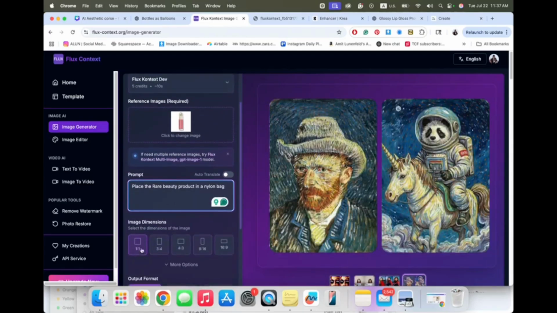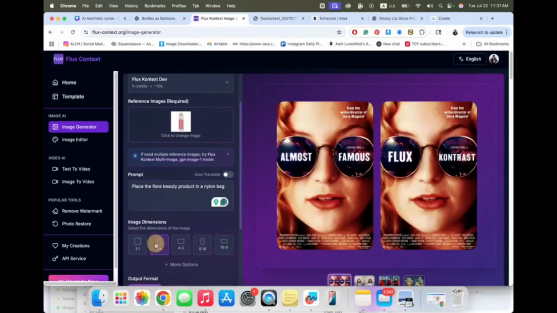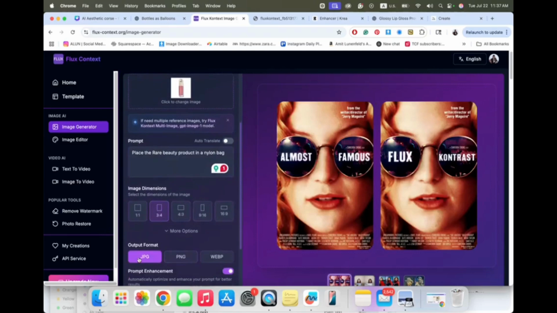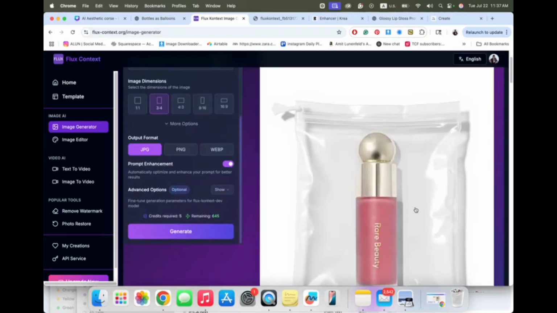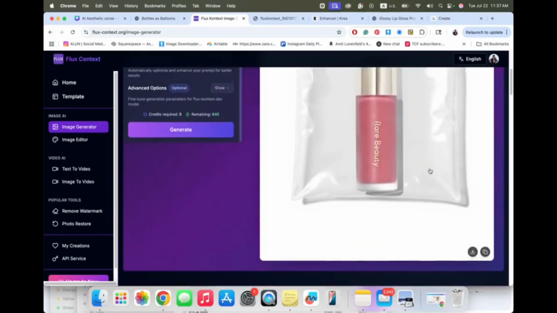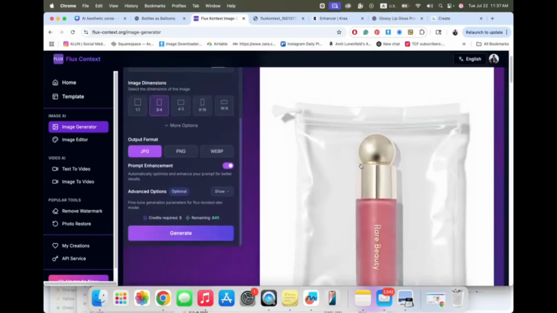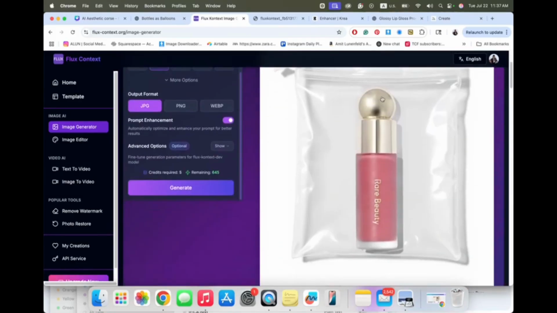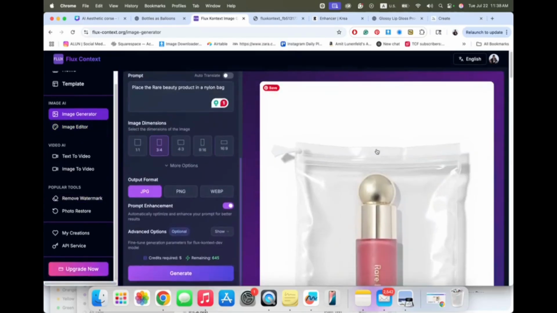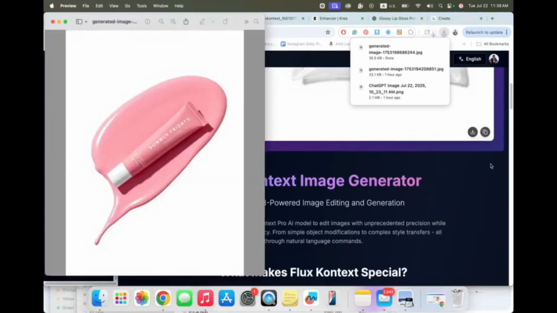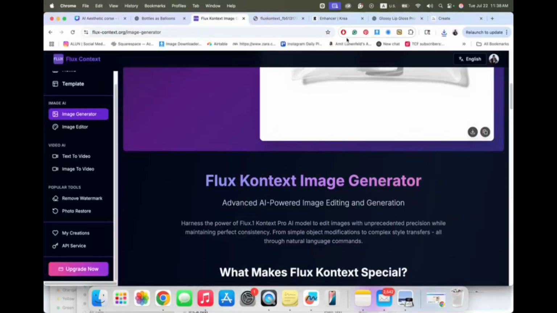Let's generate it together. Here you can choose any size you want. Okay, this is the result we got. I think it looks really good. It got the shape really well. You can see I can download it. Let's download it together. Great.